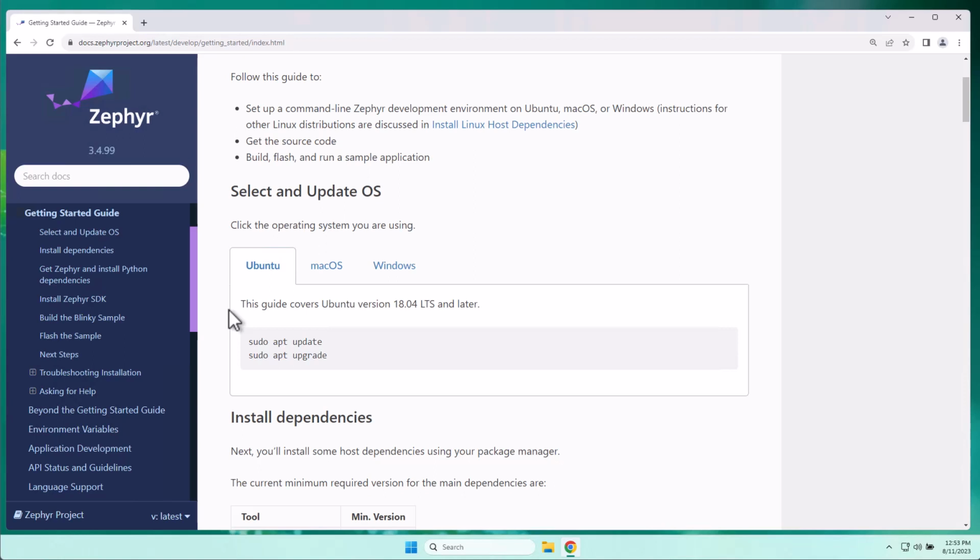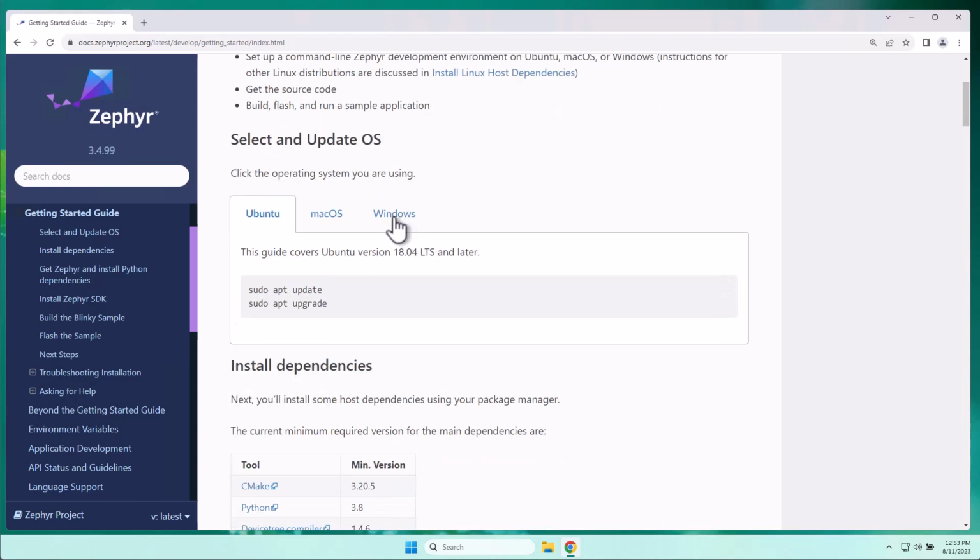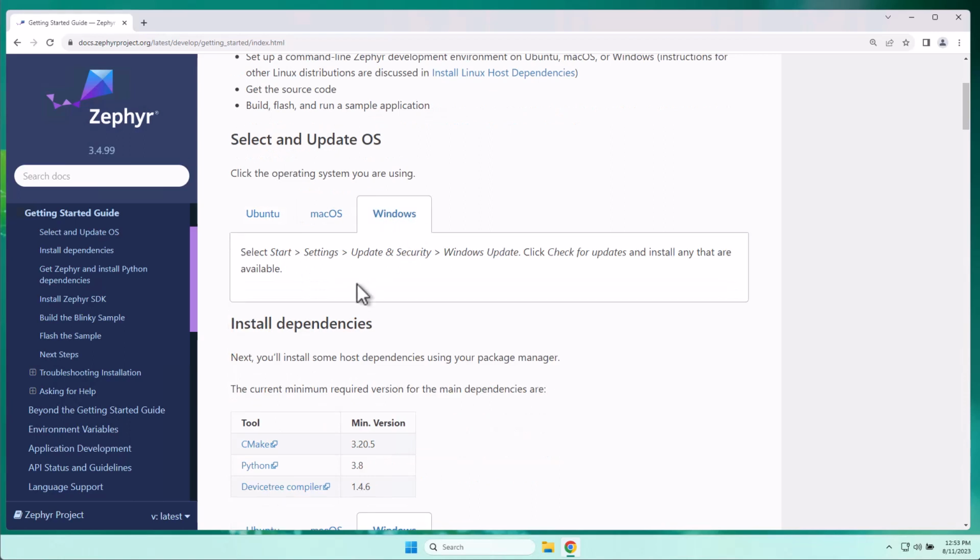The installation on Ubuntu is very straightforward, and I've been able to easily set up Zephyr on a native Ubuntu machine or with a VM, and I recommend using Ubuntu when possible. But for this video, I'll walk through the steps using Windows, as there are a large number of users working with the Windows operating system.